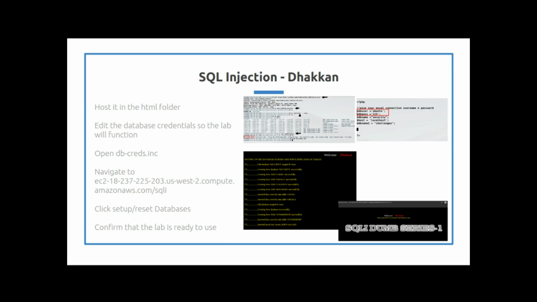Then we want to put a GitHub clone in there, and then go into the SQLi edited version folder that's made, and then into the SQLi folder in that folder, and then into the SQLi connections folder, and then we'll edit a file called db-creds.inc. So you open that in your text editor, and then again you change the username to Ubuntu, and hopefully